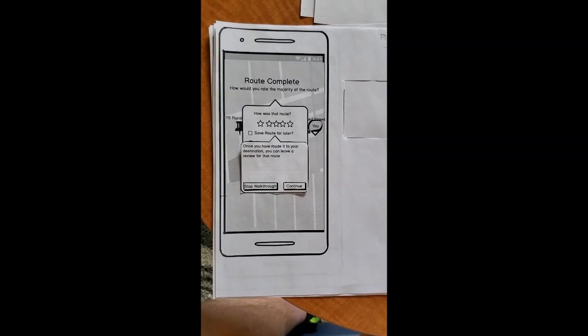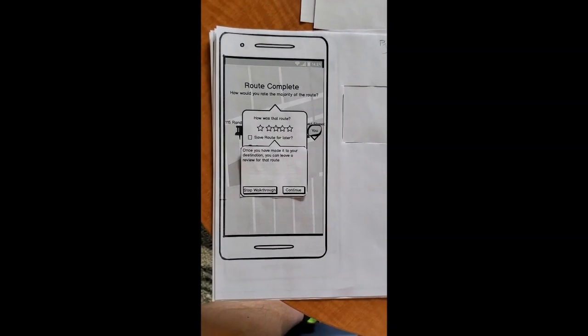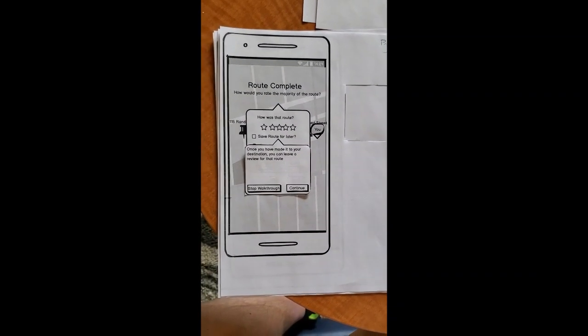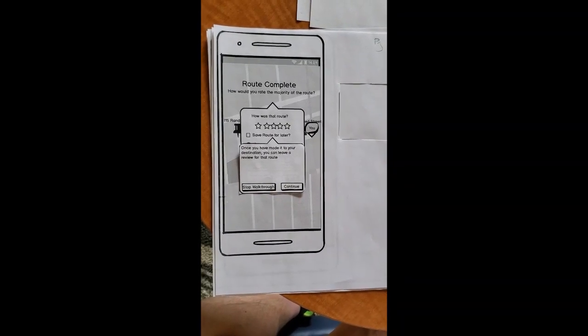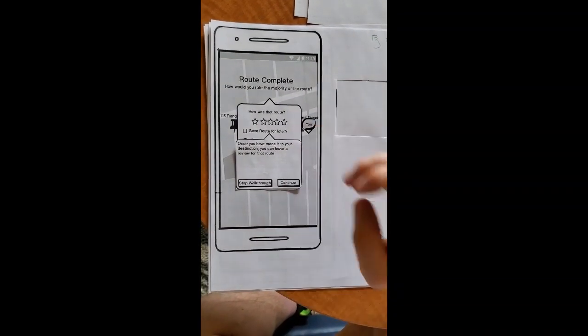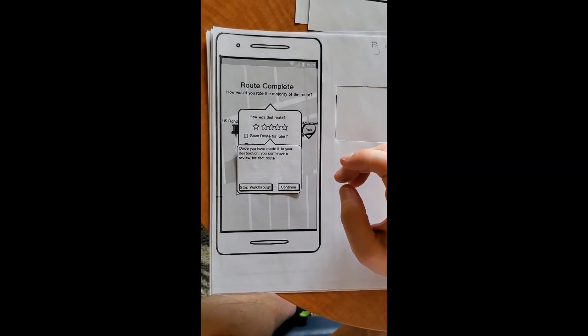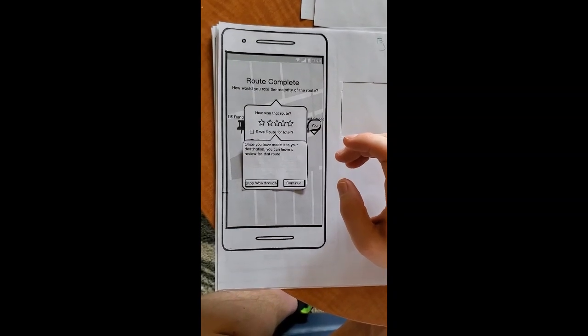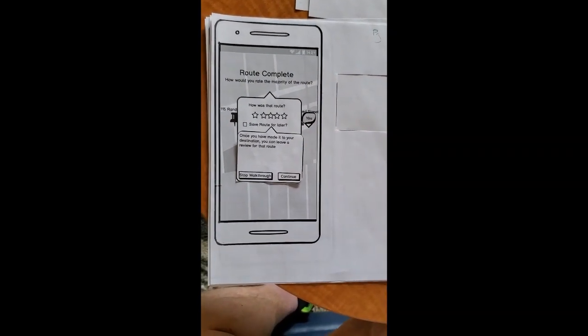Beyond rating the route and all of its stages with a 5-star rating system, we also give the user an ability to save that route for later. If I continue,